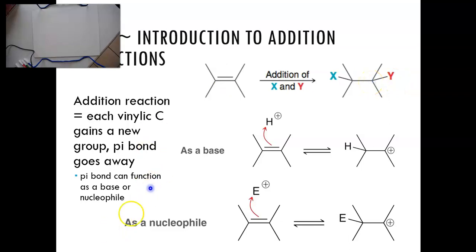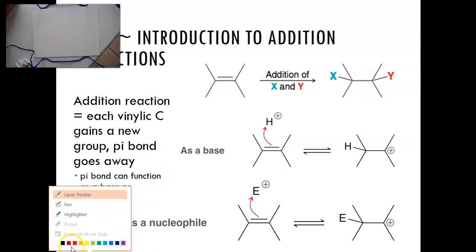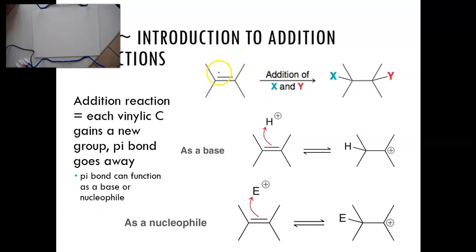And just a reminder, when we refer to our alkene carbons, the two carbons that are in that double bond are called the vinylic carbons. And so we'll use that word to describe where a reaction is happening or how it's happening. And so in these reactions, our vinylic carbons are each gaining a new atom, a new group, and the pi